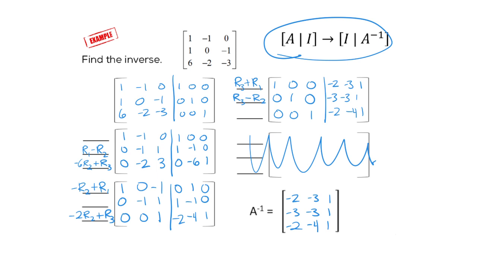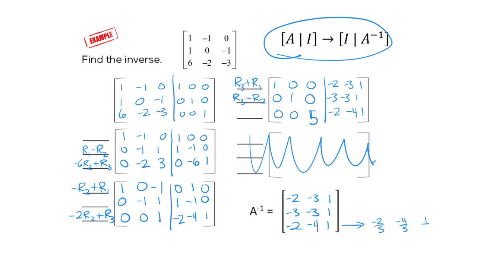So let's pretend this ended up being a 5. If this was a 5, then I would take everything in this row and divide by 5. Now don't do it, but I'm going to show you what that would look like. If that was a 5 and I had to divide the entire row by 5, this row right here would not be near as pretty. It would be -2/5,